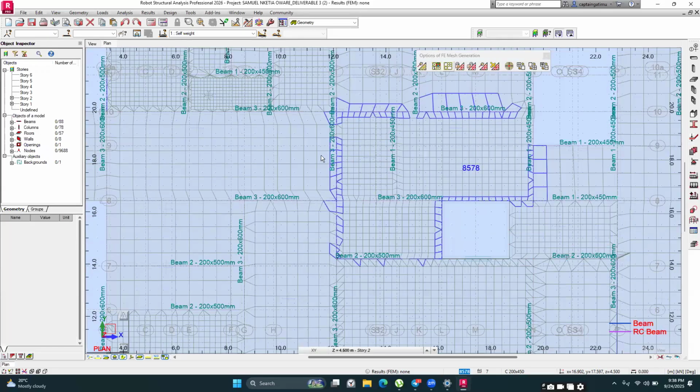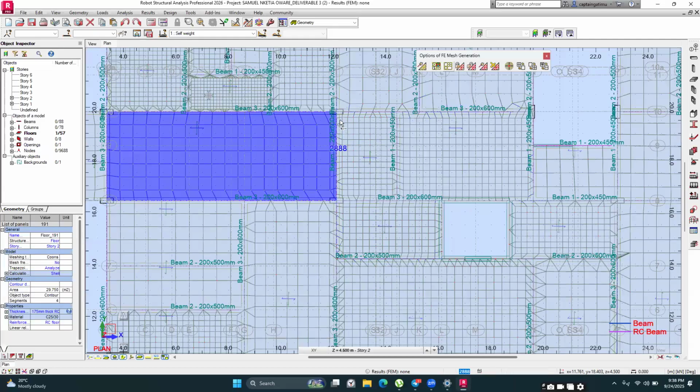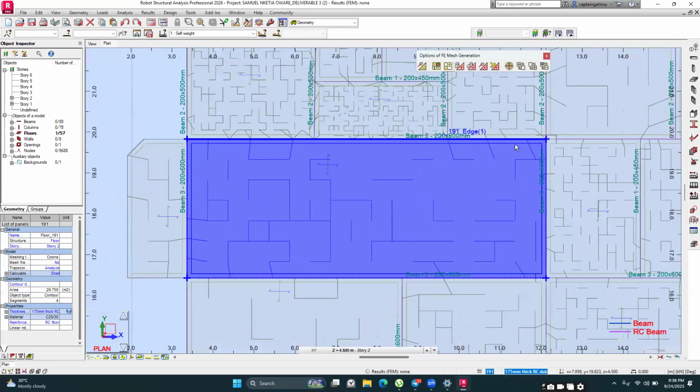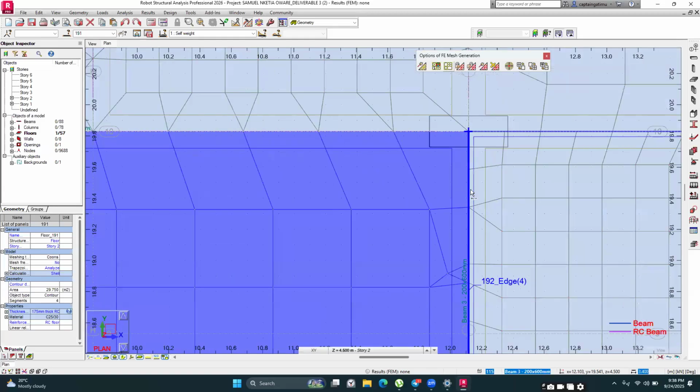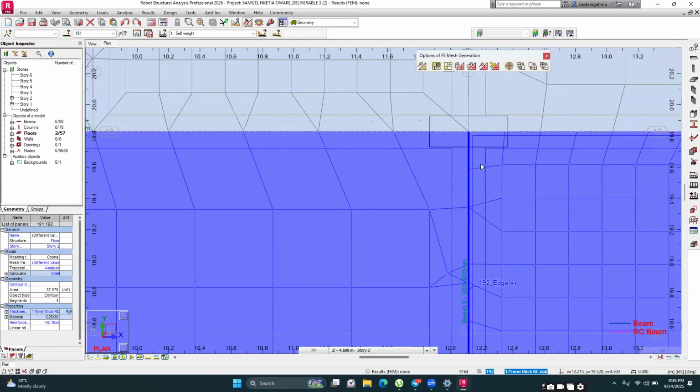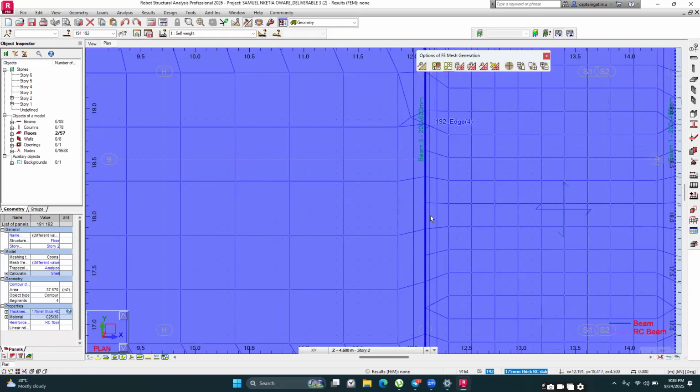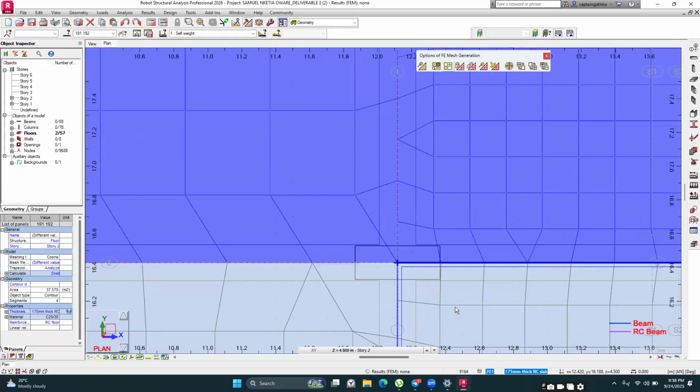So these other ends where you still have the same, it should probably be the meshing. So just select the slabs. Ensure first they have been modeled correctly. Ensure there are no nodes. Ensure there are no missing